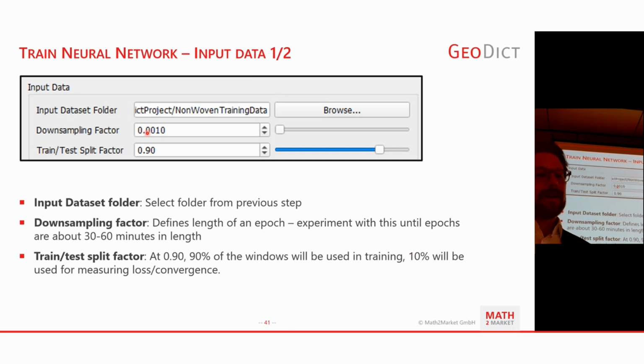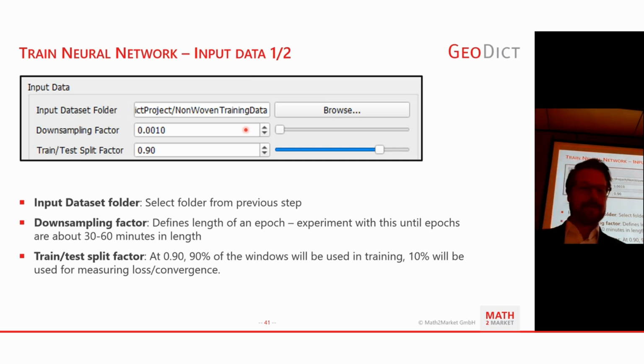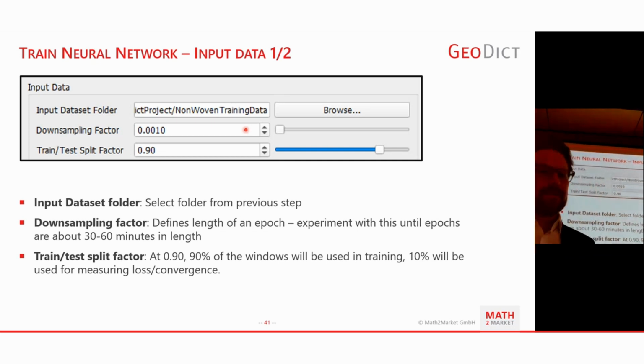And then there's the downsampling factor, which defines the size of an epoch. So for the downsampling factor, assume you have that sliding window. You apply that window to each of your training structures. You put it at every location that you could put it, so it's still within the structure. You get many windows, and that times the number of structures that you have. So you have 100,000, 1 million windows, for example.